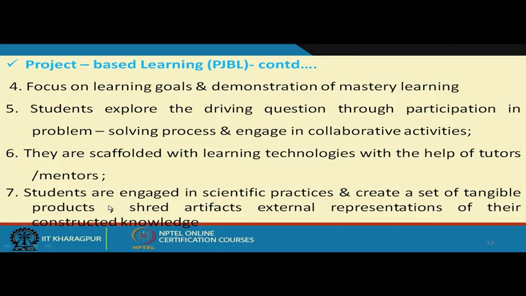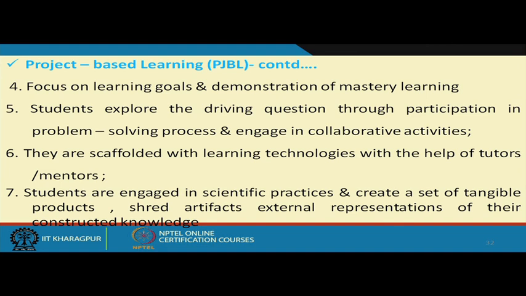So, students are engaged in scientific practice and create a set of tangible products. In this collaborative learning or project based learning, students are engaged in scientific practices. The practices, the techniques, the strategies they use are very scientific and authentic, and ultimately they create a set of tangible products, products which are valuable and usable, and share the artifacts, external representations,